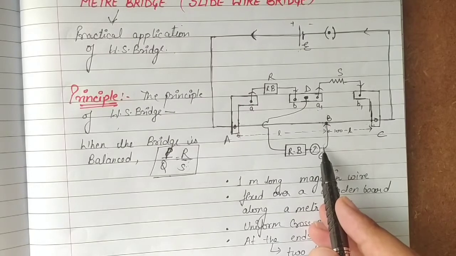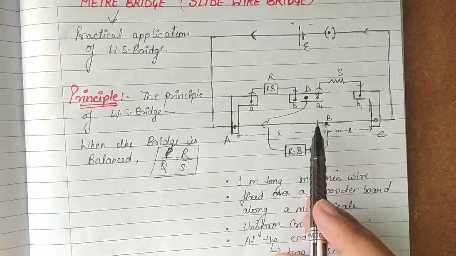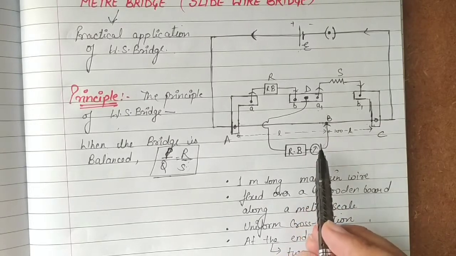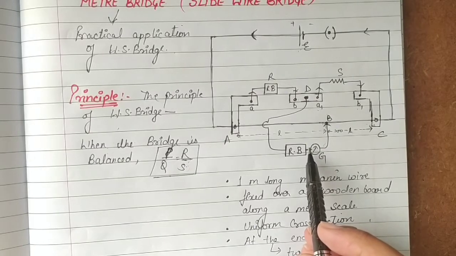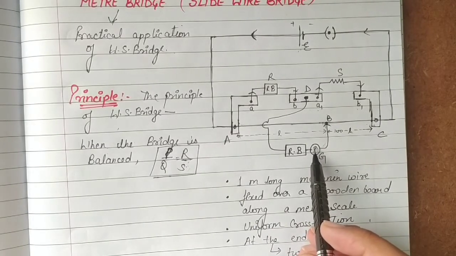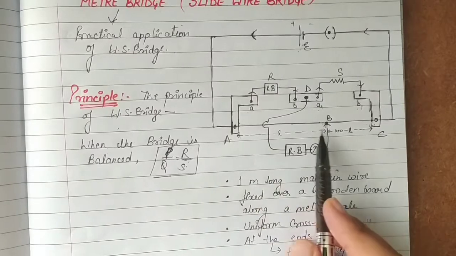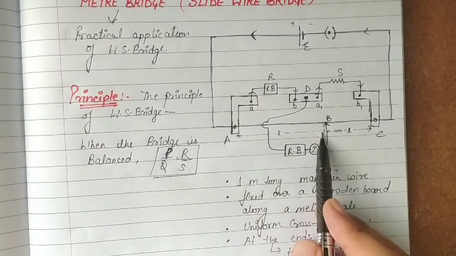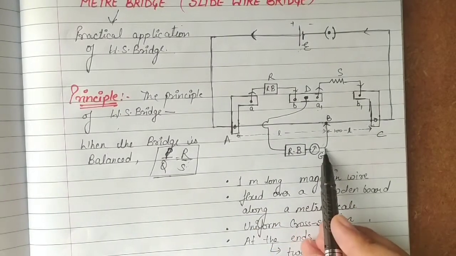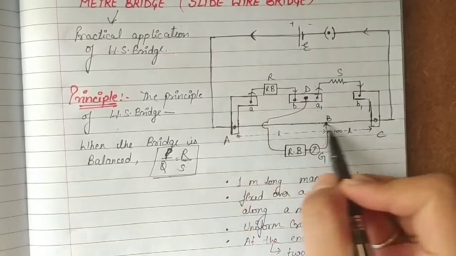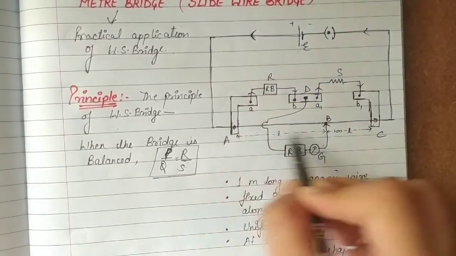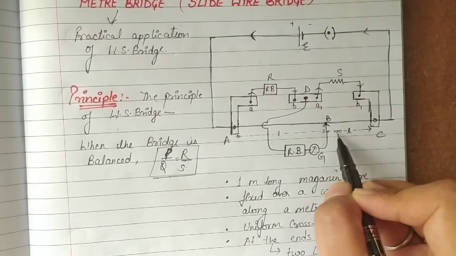Just as in Wheatstone bridge we attain balance condition, same in this situation, the point where jockey shows no deflection will resemble the balance condition of Wheatstone bridge. Now according to the diagram, suppose at the length L, the jockey attains a null point. Then if P and Q are the resistance of these two parts, means this wire is divided into two parts now, first of length L and the second of length 100 minus L.